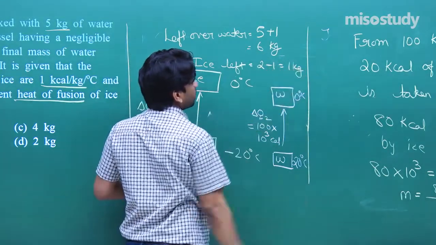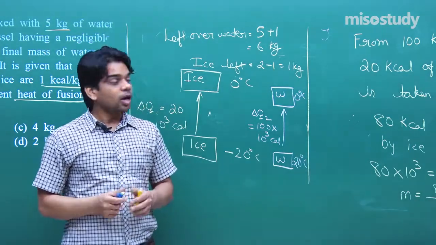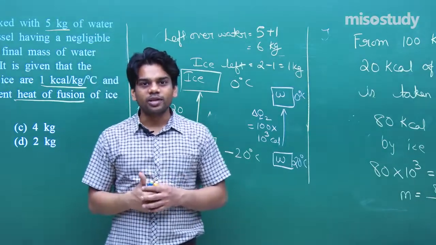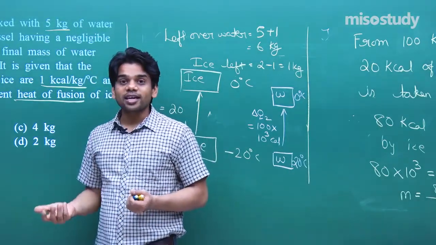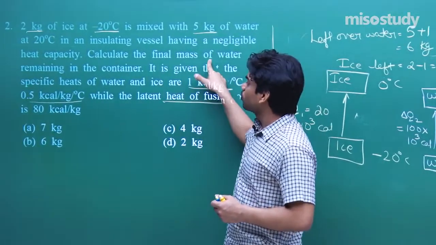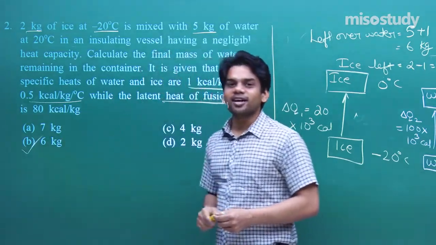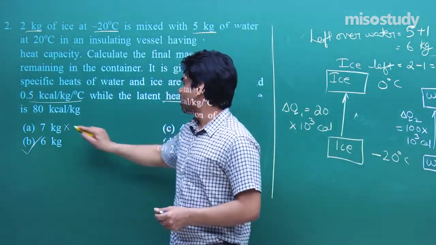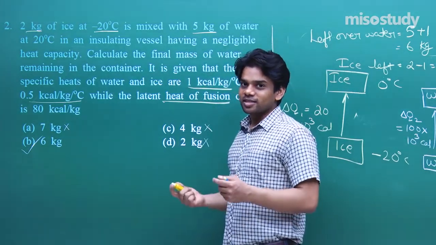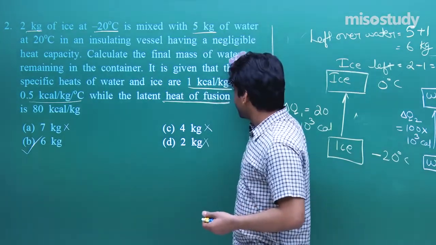In the question it has asked what is the amount of water in the final system. So amount of water, now the system will be in equilibrium, 1 kg of ice, 6 kg of water, and temperature 0 degree Celsius, that will be in equilibrium because both water and ice can remain at 0 degree Celsius. So finally you have to require what is the final mass of water. So that will be 5 plus 1, 6 kg, that's the right answer. Rest all options will be incorrect. 7, 4, 2 will be incorrect. So final temperature is 0 degree Celsius, ice left is 1 kg, water left is 6 kg.